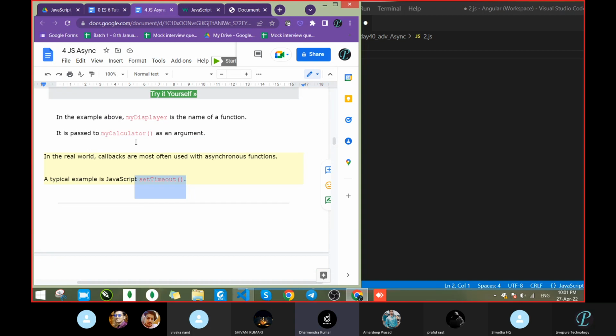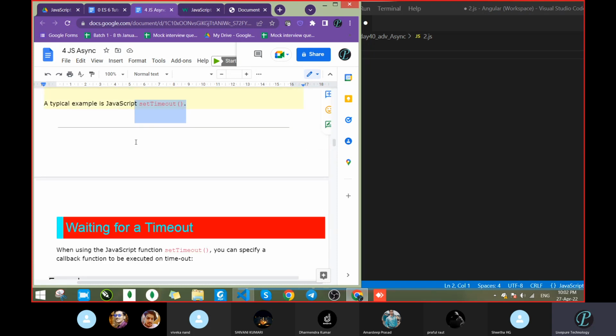It takes an interval, sir. Yeah, interval means a set; timeout means it will wait for the time to be over. Correct. Timeout means we are telling that after 5 seconds, if we had fixed set timeout for 5 seconds, so what will happen?